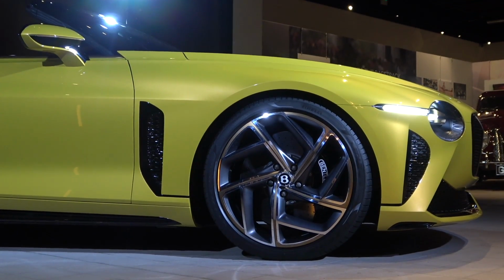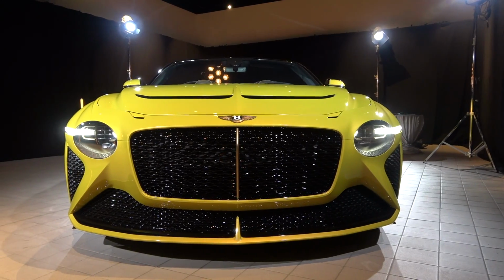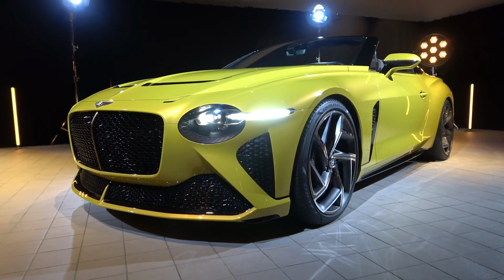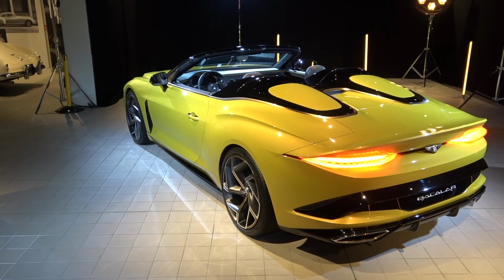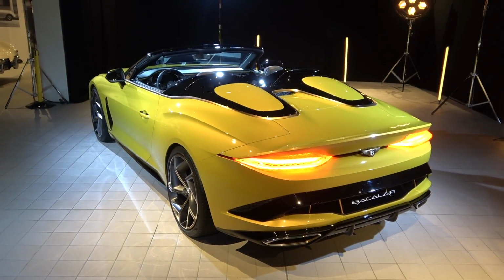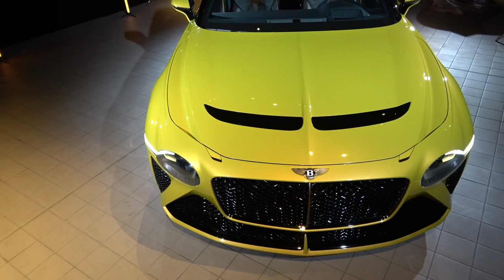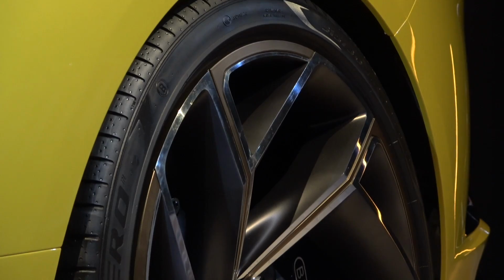1.5, that would be million £1,000,000 before local taxes. 12 is the amount of Bacalars being made. Also 12, coincidentally, just how many cylinders the W12 engine has. The bi-turbo has now been uprated to develop 650 horsepower and 667 pounds-feet of torque. It will go on to do over 200 miles per hour on 22-inch wheels, which now sit 20 millimeters wider